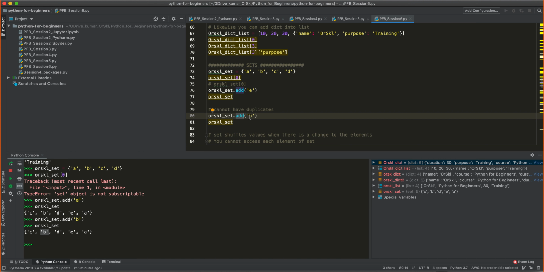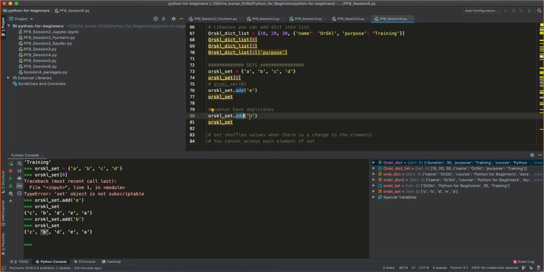So the main purpose of set that you might see in real time is to remove the duplicates inside a list. If I have a list and it has got a lot of duplicates in it, just convert that list into a set and convert that set back into the list. That's it. You are cleaning all the duplicates inside the list. I'm not saying this is the only use case. Don't take it that way. Okay? This is one of the use cases that you can use.